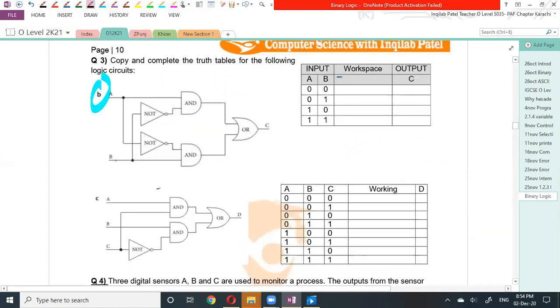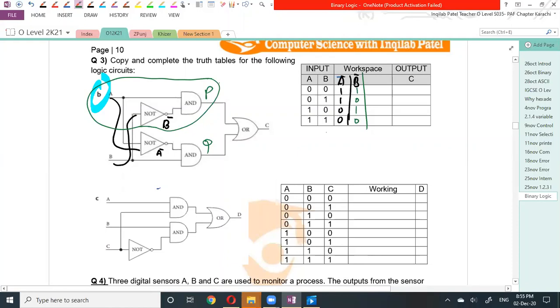Note it down. This is B naught, and this is A naught. So we write down here A naught, B naught. A naught means inverter of A. A is 0, so it will be 1, 1, 0, 0. B naught means inverter of B, means 0 will be 1, 1 will be 0, 1, 0. Then we may say this is P and Q. P is on B naught and A.